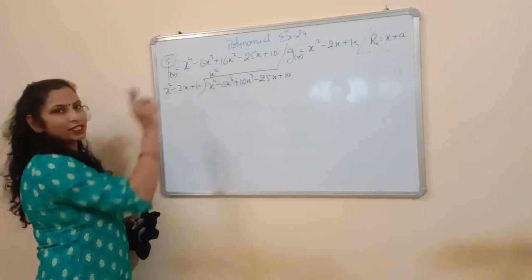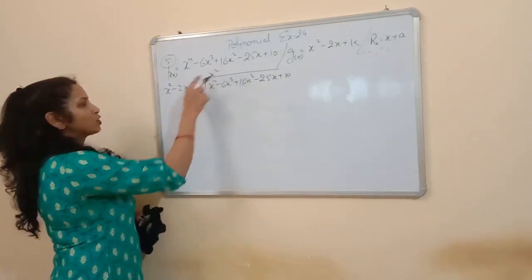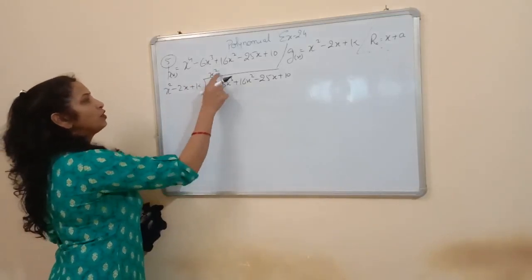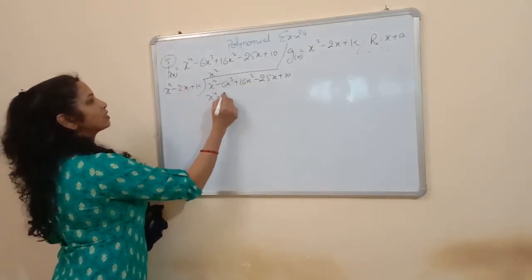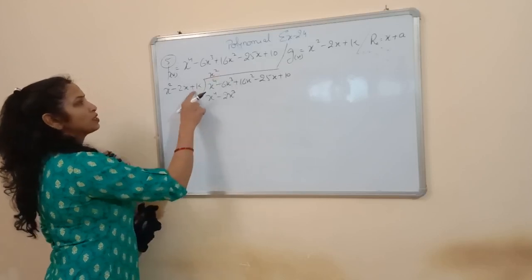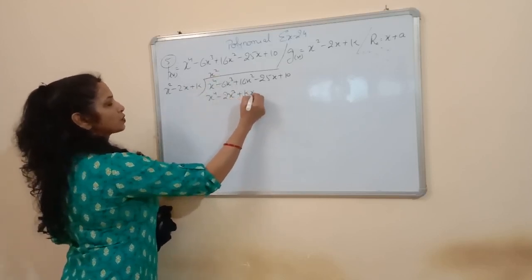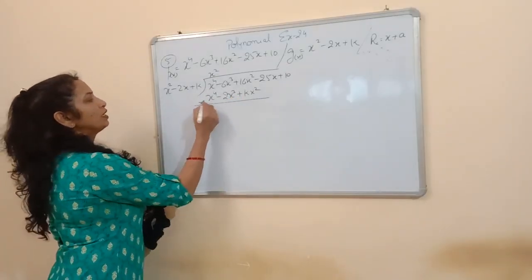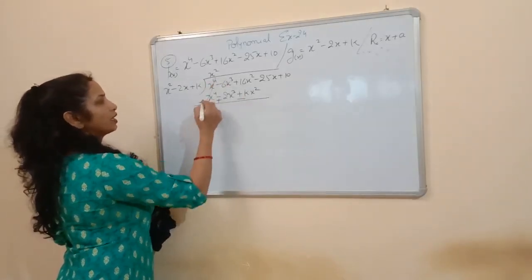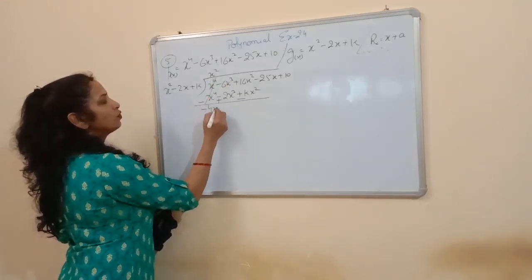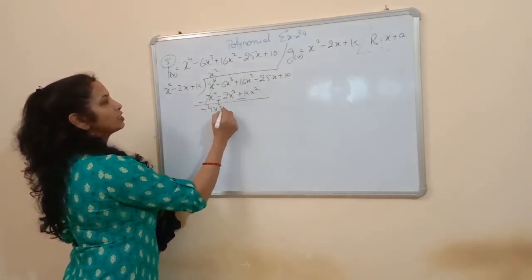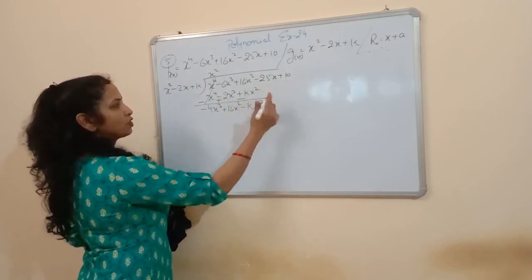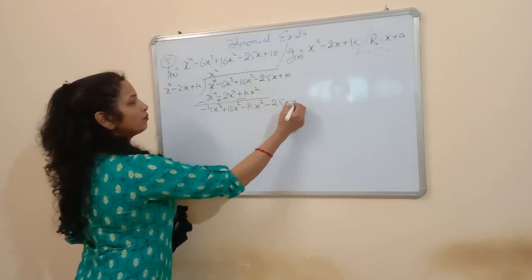So we multiplied by x square. Now you know that you have to multiply x square with all the terms of the equation, so it will be x raised to power 4. Multiplying this gives minus 2x cube, and multiplying this gives plus kx square. Now for division we know that we have to subtract the equations. To subtract we change the sign, cancel. We have minus 4x cube, and here it is plus 16x square and minus kx square, and we bring down the remaining terms too. In division you do it like this.